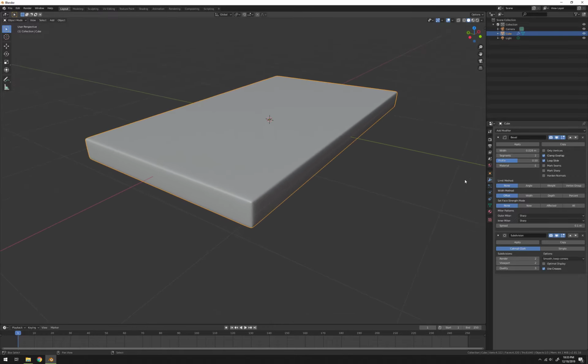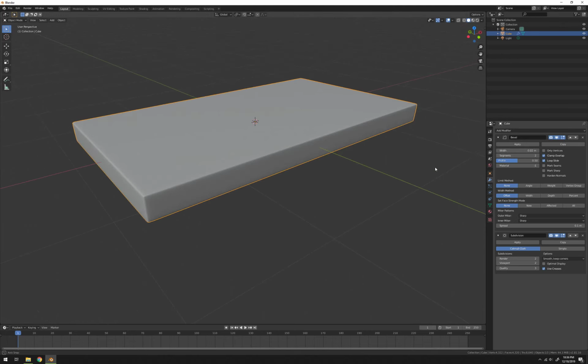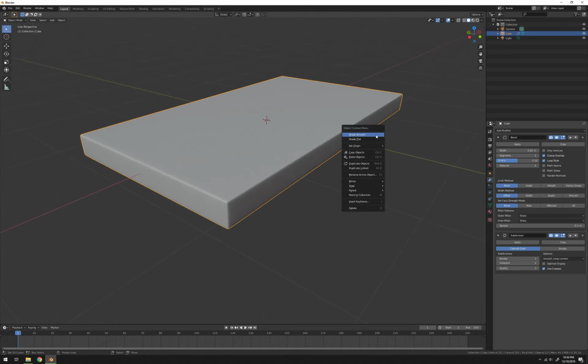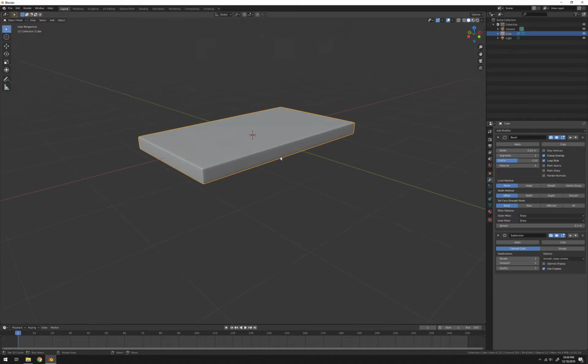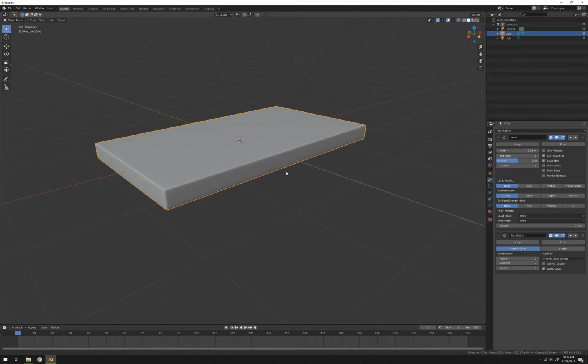Yeah, those corners look pretty good. Maybe. Nah, I think that looks good. Click W. Select smooth shading. There we have our basic little brick block